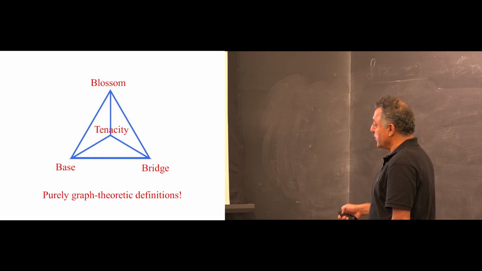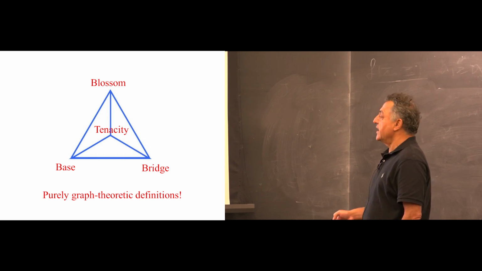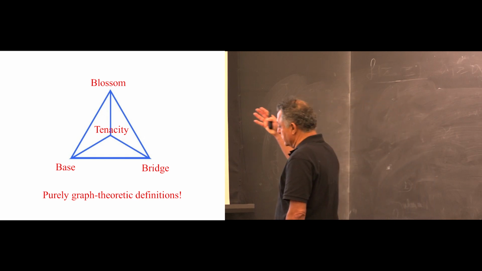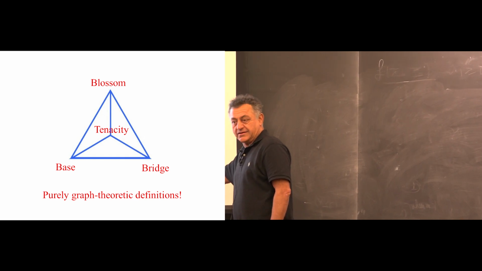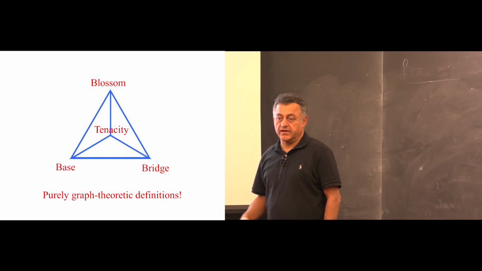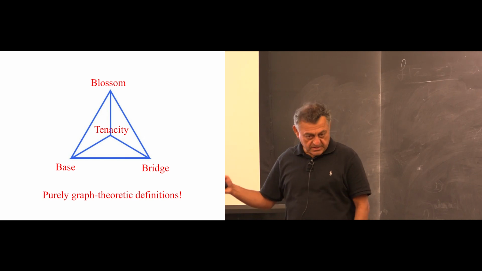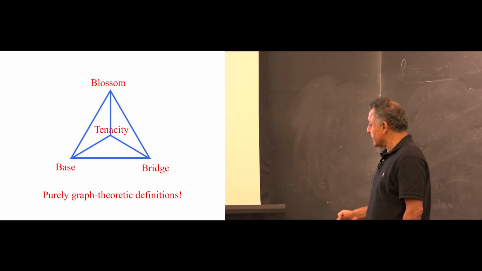Okay, and these are purely graph theoretic definitions. And why did I have to go to that level of detail to define graph theoretically everything, which makes it much harder? I'll also justify that. Okay, so